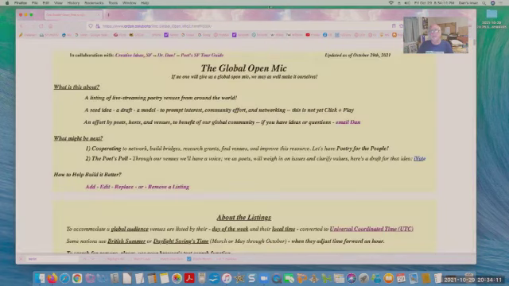So there it is. That's the Global Open Mic, a way of finding contacts for open mics. It's not quite click and play, but as time goes on and the website improves and involvement comes my way, or our way, then we'll improve it and we'll have more poets going to more poetry venues.